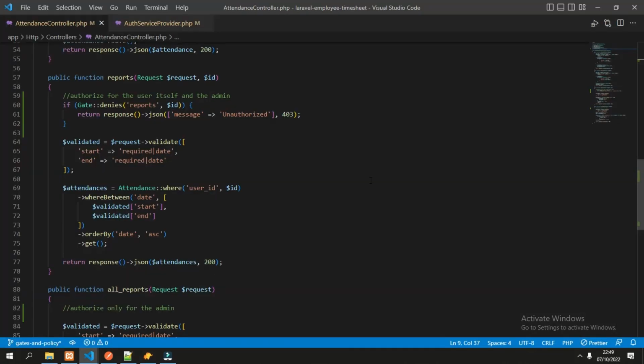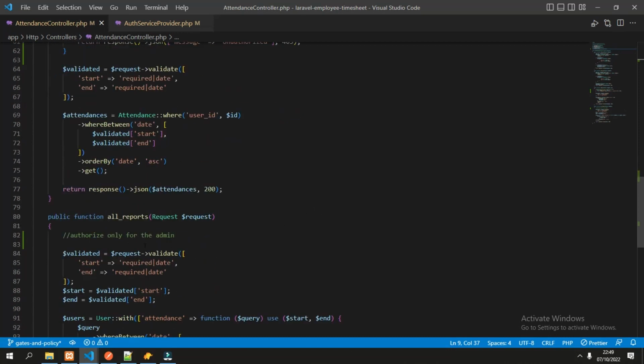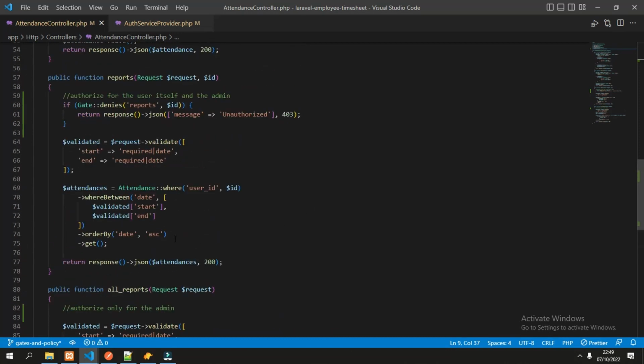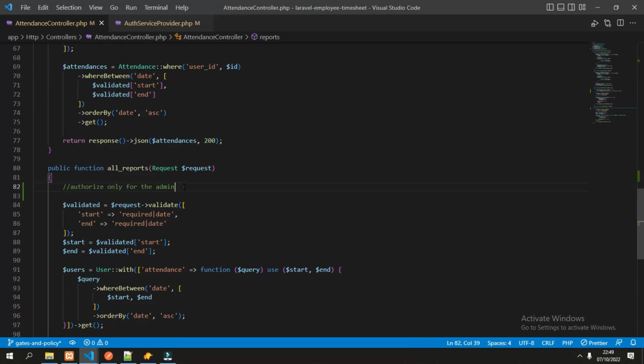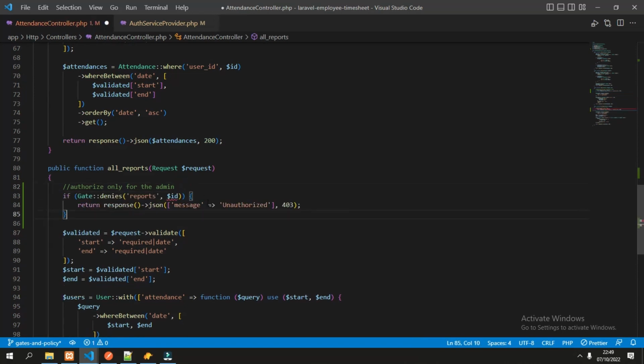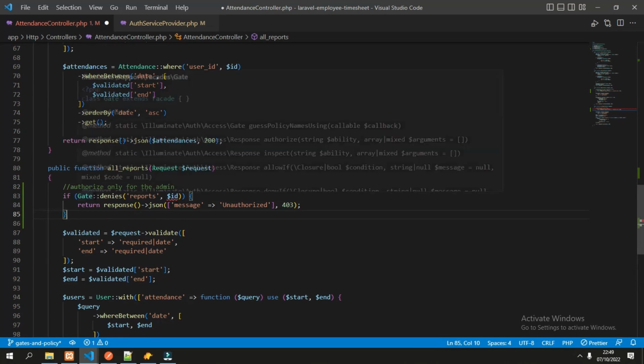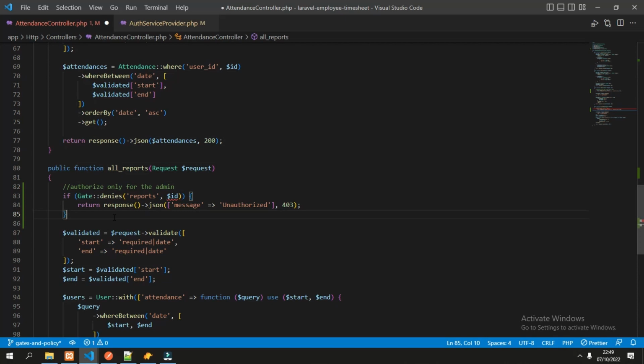And for the second gate in our report, we are using the same gate. We can copy from here, but we don't need the ID because we only check for the role of the user, because for all reports only the admin can do that.